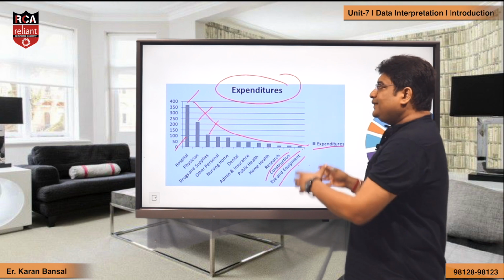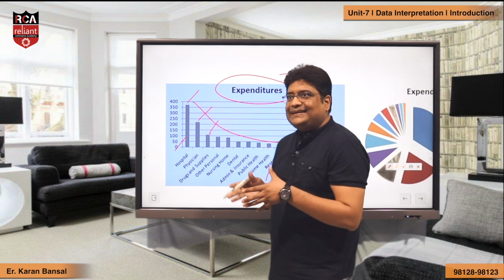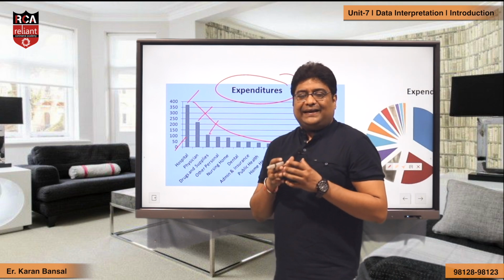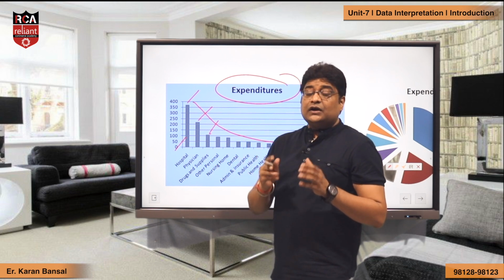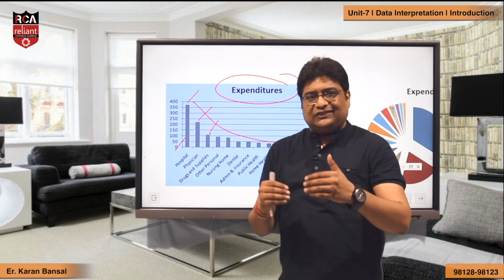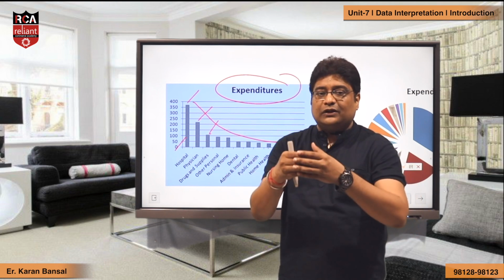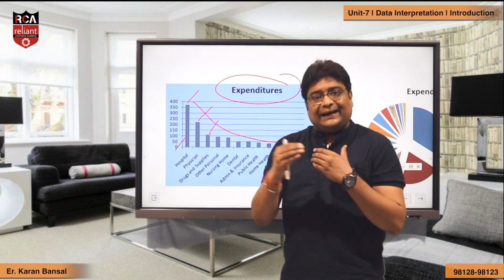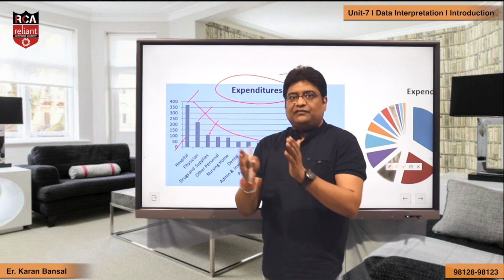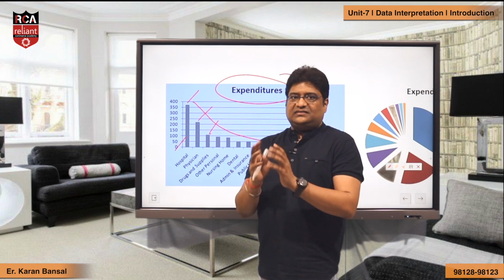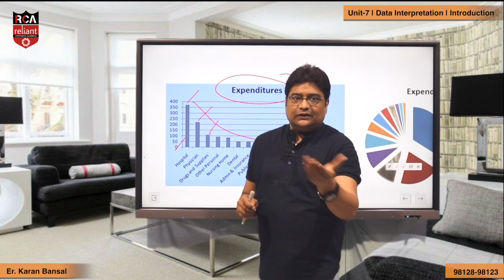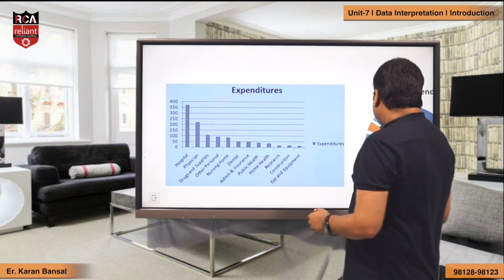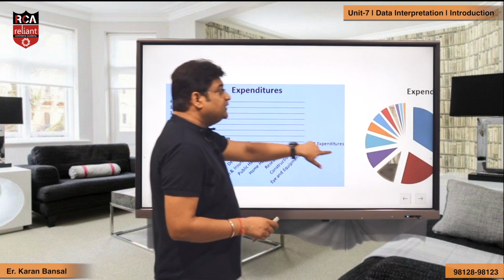So now you understand that understanding the data became so easy when I represented it through a chart. Without knowing much of the basics of the data, or without getting into a table, or without the hassle of understanding the data, you saw the graph and you could directly tell me that this is what the data represents, this is the meaning, and this is the highest and the lowest class. Now if I do the same thing through another kind of chart,